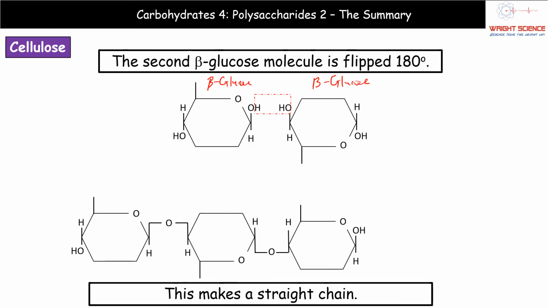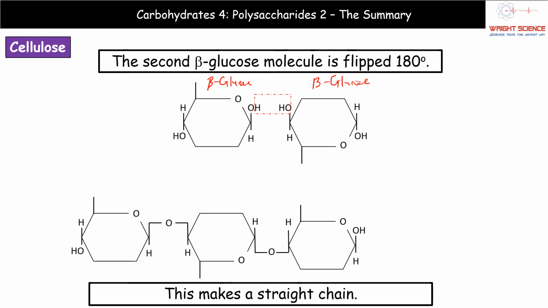Now, what we find is, when we draw beta glucose, if you remember, we've said put the little oxygen in the top right and then draw the rest of your ring structure. So the beta glucose on the left of the diagram, absolutely fine. We see it, it's there, we know it's a beta glucose because the hydroxyl group is above the ring. If you look at the molecule on the right of that diagram, the oxygen is not in the top right